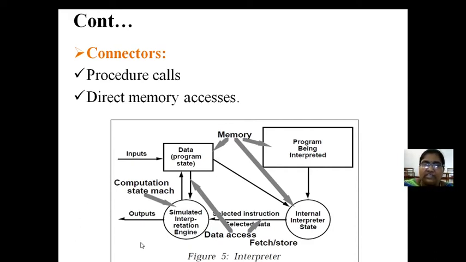Okay, so what happens? Initially our data is stored in the memory. In that memory we also have the program to be interpreted. After that we have an internal interpreter which takes the present state of the program and the data. It will interpret that and give our output, that is simulated output. Why simulated? It is not the final output, it is a matched output to us. It is going to convert the final output in terms of our language and present it to us.